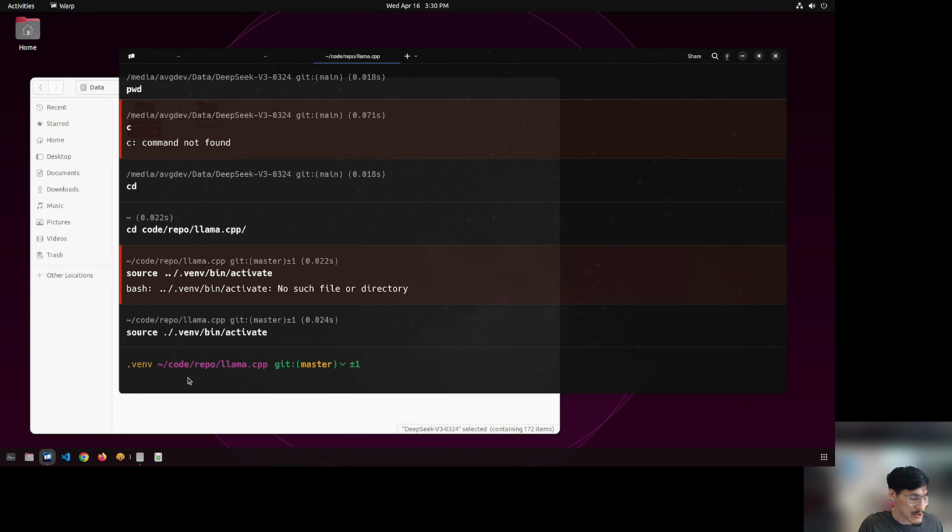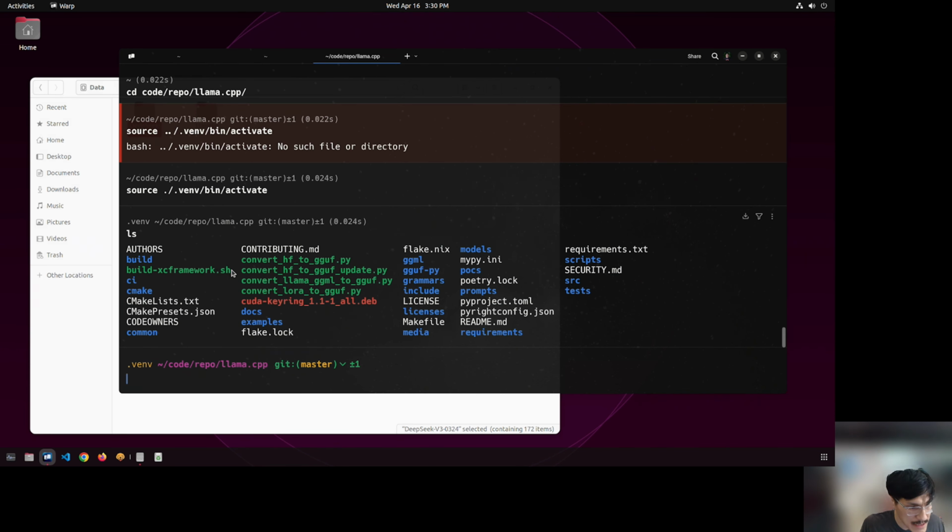So now we're in our virtual environment, and we have this convert HF to gguf.py file. So we could just run that through Python convert HF to gguf, but we want this output file here to be different. We want this to be media average dev data,